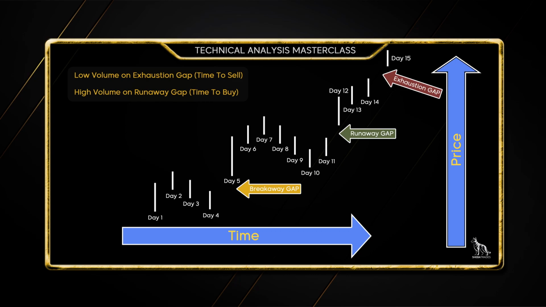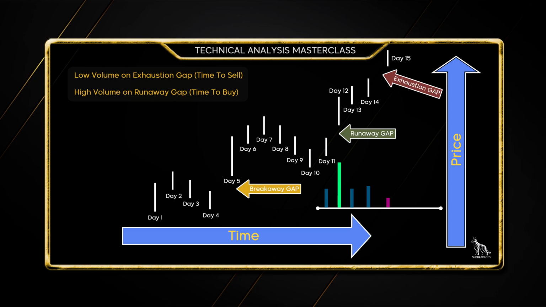So you think about your volume, how many people are actually trading the stock? If we look at the bottom of this here, you can see on day 12 where we had that real high spike in volume. That means a lot of people want to get involved in the security, and that's what's causing that price to be driven up. And then if you see a gap like this, which is going to become an exhaustion gap, you have your gap, but then you see that the volume is actually pretty low on a relative basis.